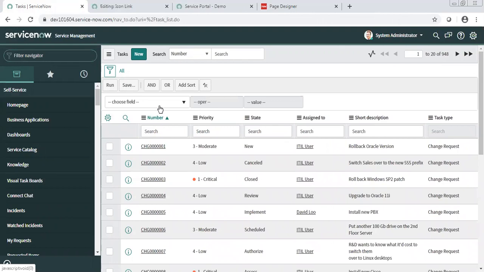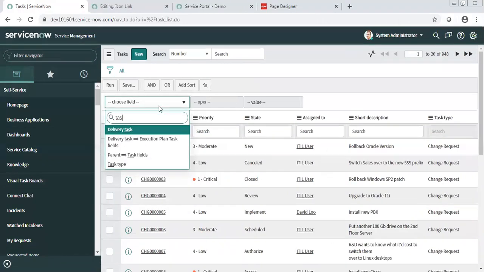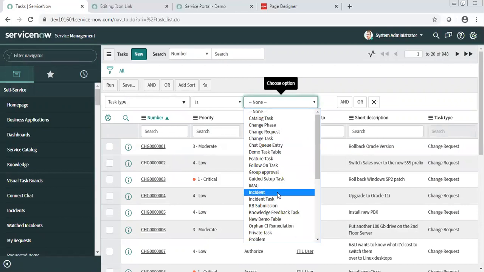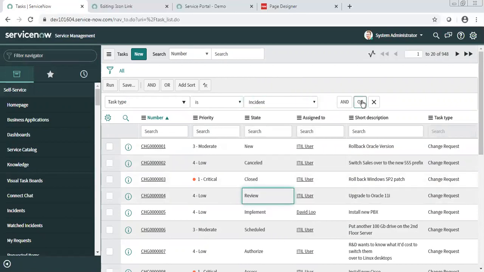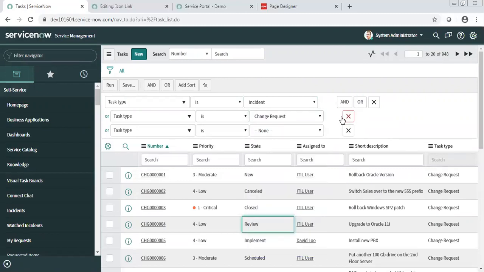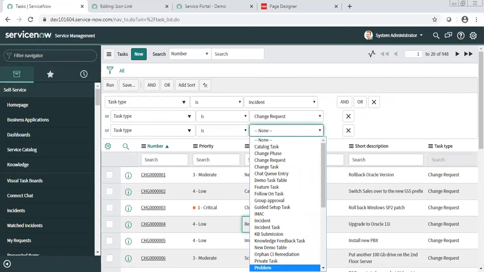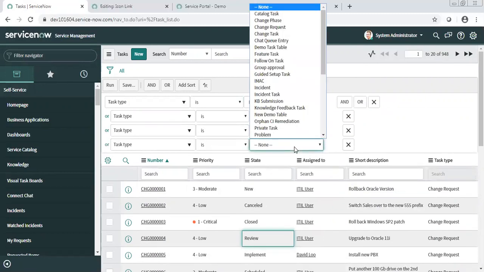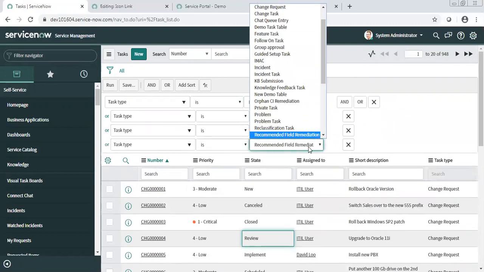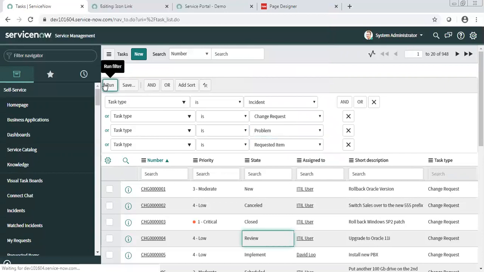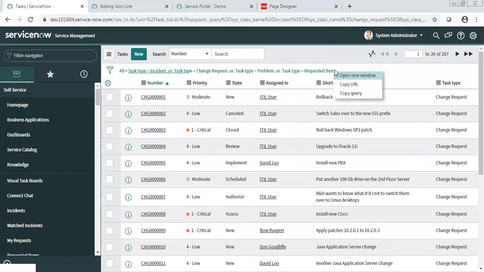I will say task type is incident, or task type is change request, task type is problem, request, right? And I will run it and copy this query from here.